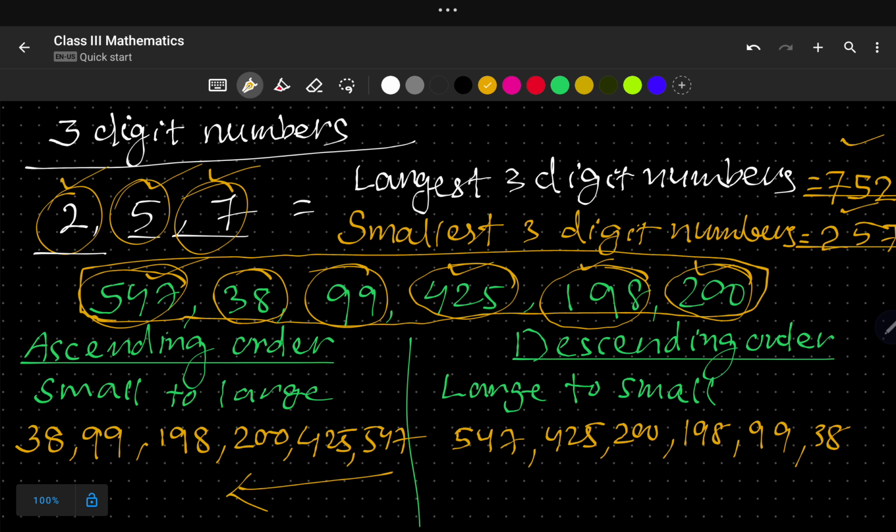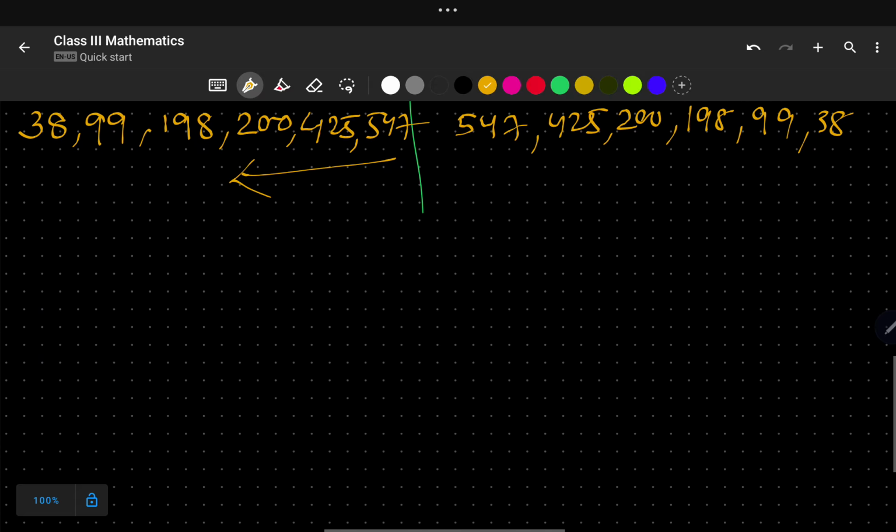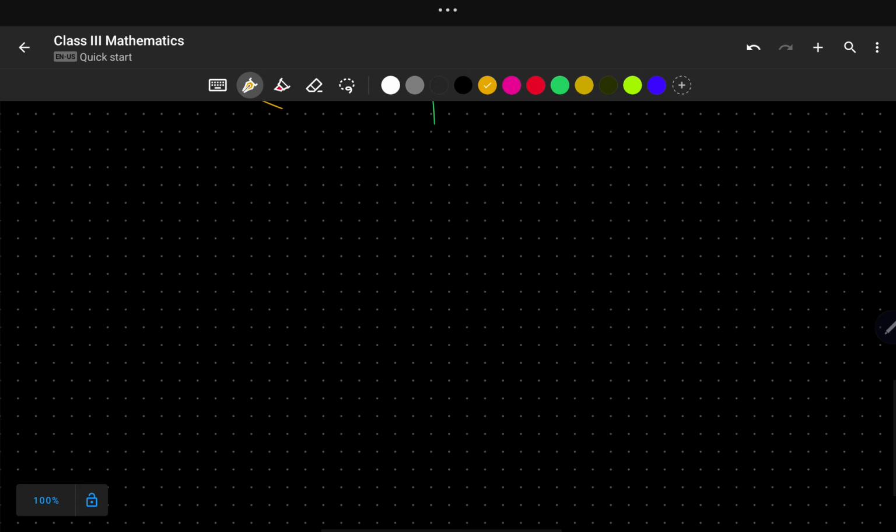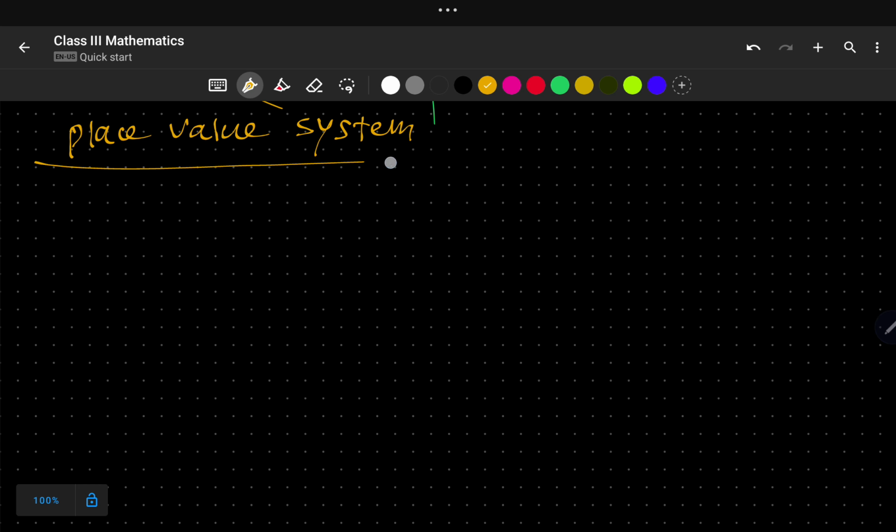After that we will move to the next section, that is all about the place value system. For the place value system, suppose some questions are there. For example, there is one number, 4238. In this number, if a question is there, what is the place value